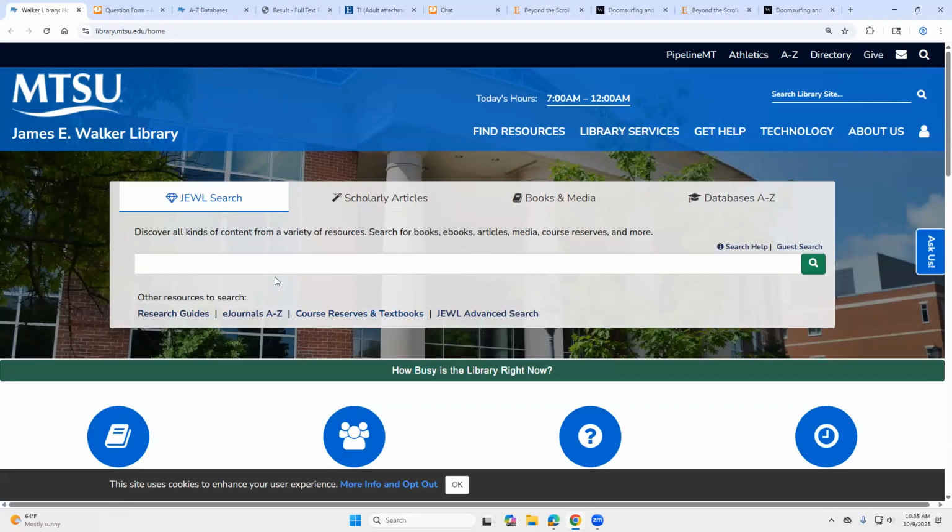Back on the library's website, in the Joule Search box, there are some links down at the bottom. And this link right here says research guides. These are pages that our librarians have put together to point you to databases and other information sources. And the research guides are organized a few ways, either by broad subject area, psychology, business, history, or by course. And there is an English 1020 research guide. So if I click on research guides,